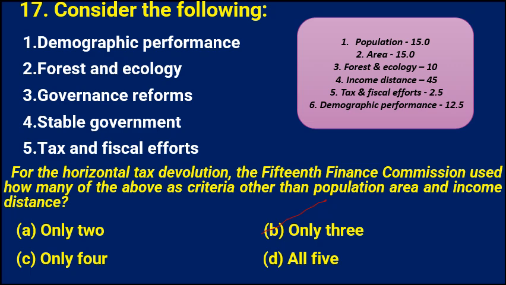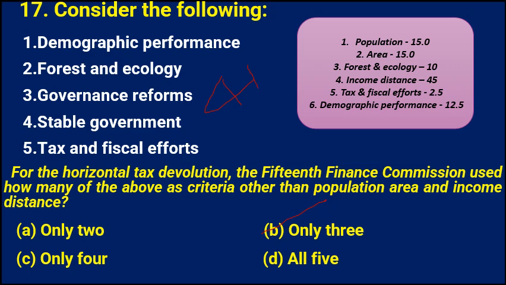According to Article 280, the President constitutes a Finance Commission every 5 years to make recommendations on the distribution of the tax revenue between the center and the states. There are 2 types of distributions. One is horizontal distribution, the other is vertical distribution. Vertical distribution means distribution of money from the center to the states. Horizontal distribution means, for example, the 15th Finance Commission recommended 41% of the devolution of funding,